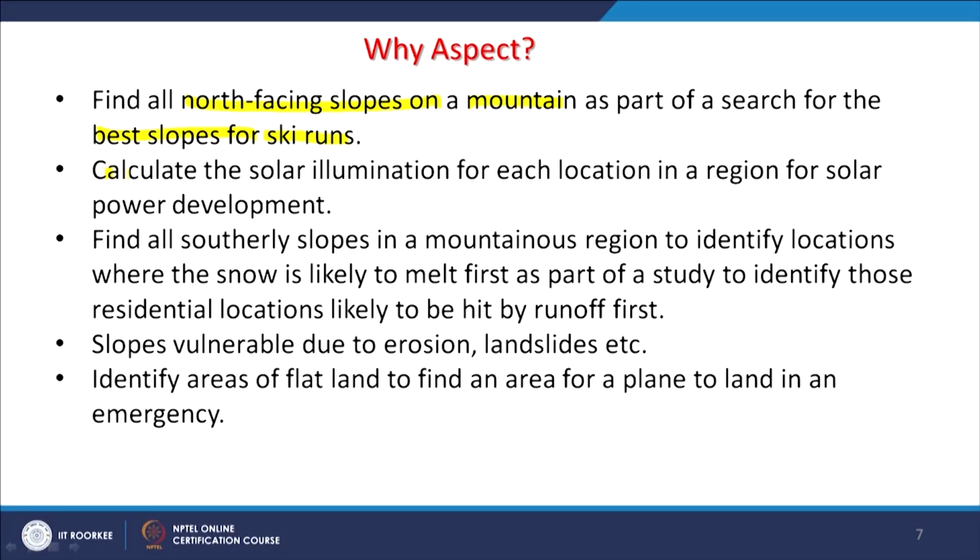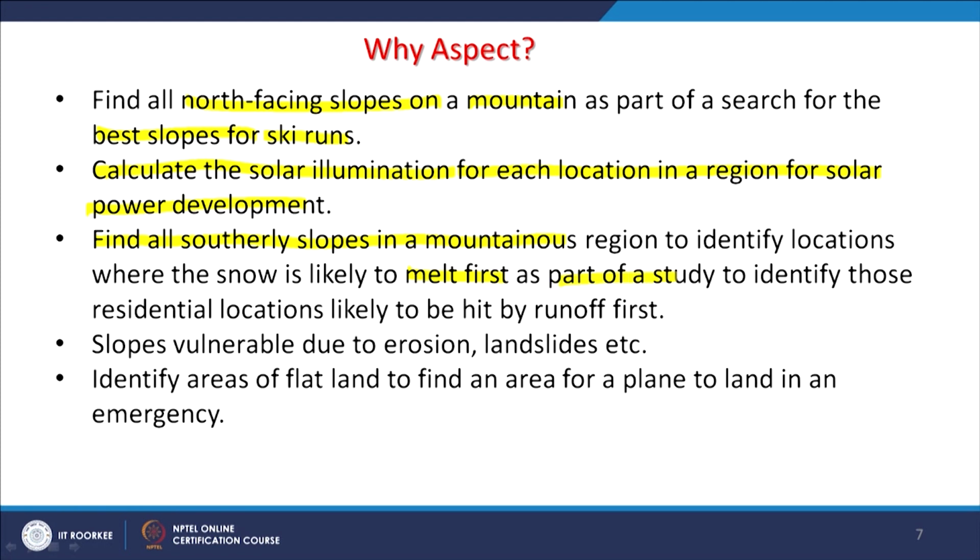Contrary to this, south facing slopes will receive more sunshine. So, if somebody is looking for solar illumination for each location in a region for solar power development, then aspect calculation would be required. Maybe to find all southerly slopes in a mountainous region to identify locations where snow is likely to melt first because it will get the maximum sunshine.